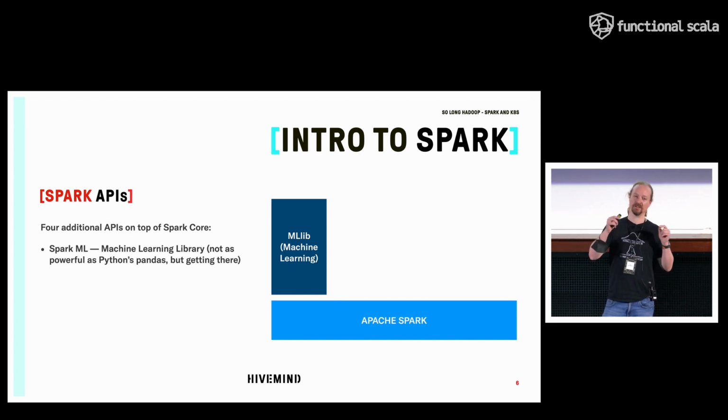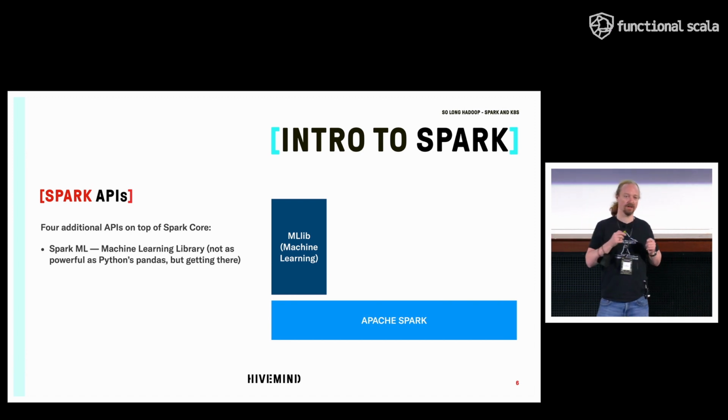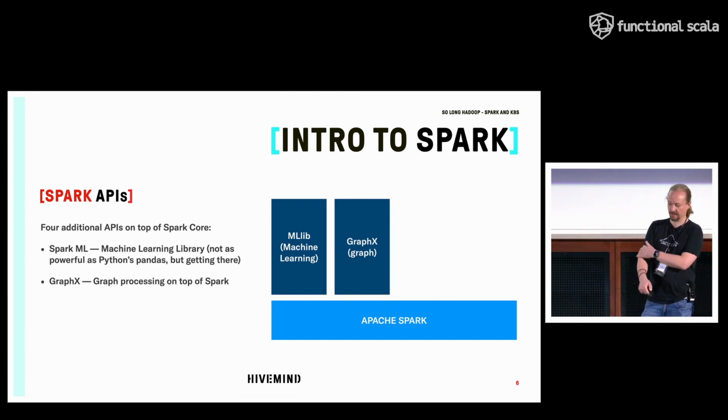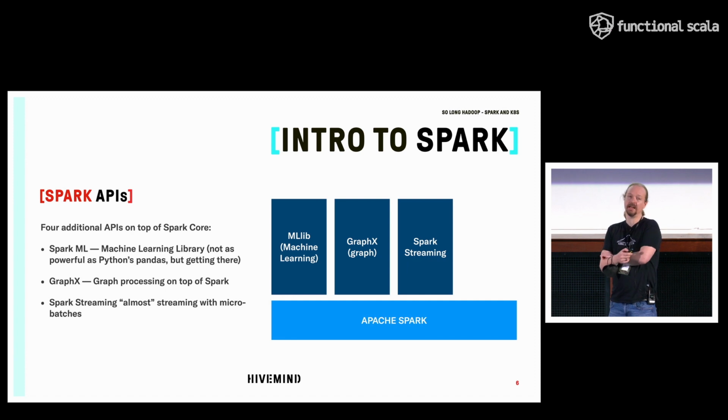It works in a distributed way, which is often a problem and a headache for people using Python with machine learning. It has a graph computational API, which is not very much used, but it's there. And it has a streaming API, which is actually quite useful, specifically nowadays, where we're basically all moving away from